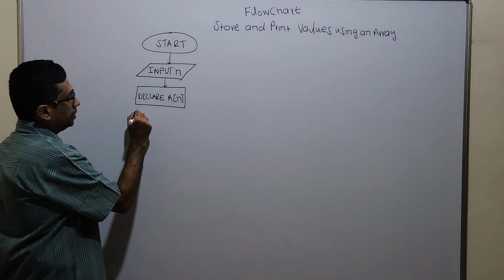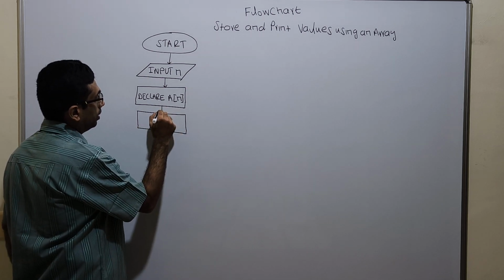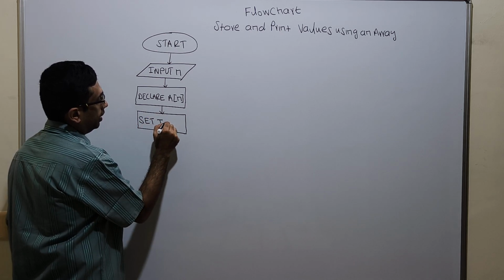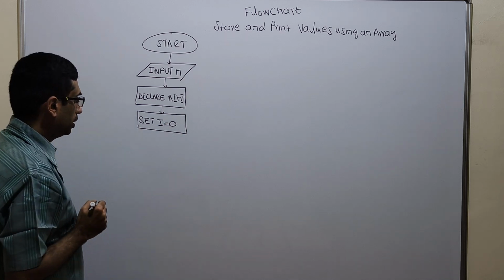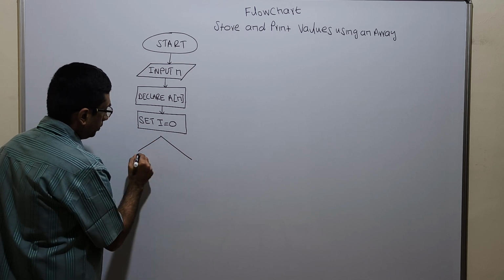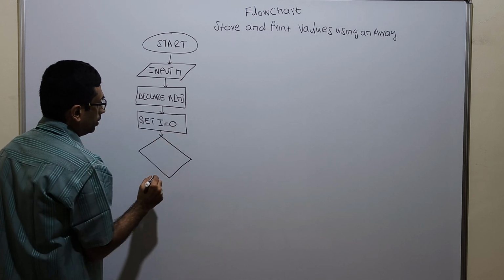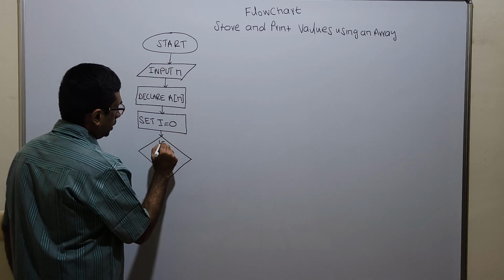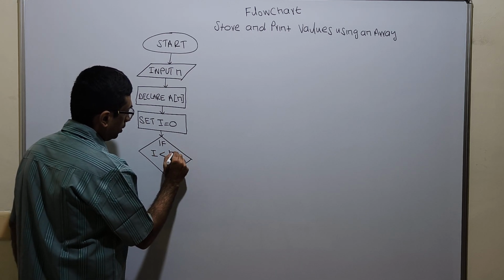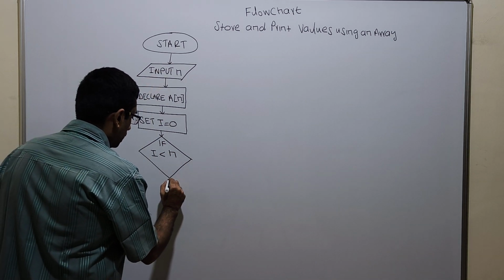Now I am initializing a variable, the loop variable. Set I equal to 0. Loop variable I equal to 0. Now I am checking a condition: if I less than n, I less than the array size n, if it is true,